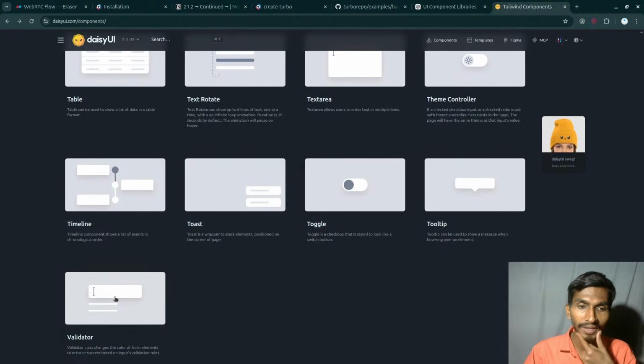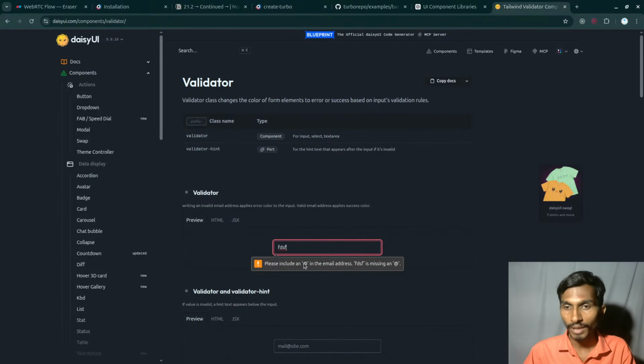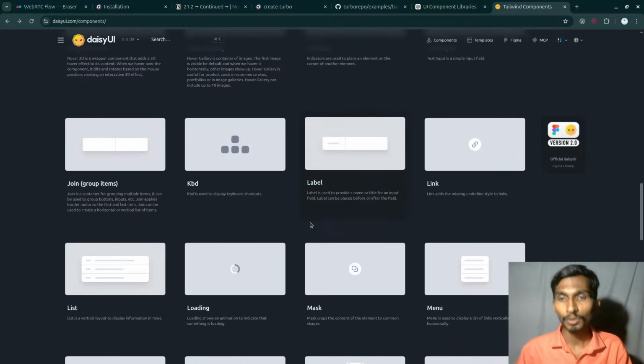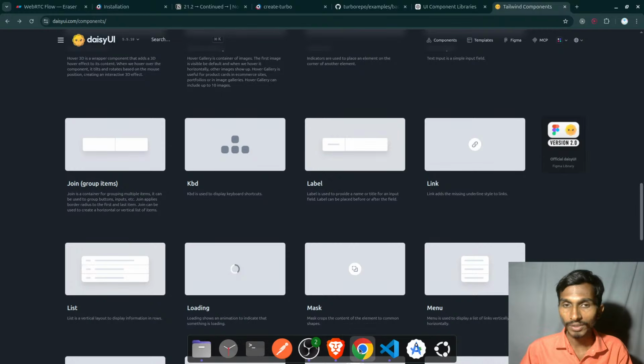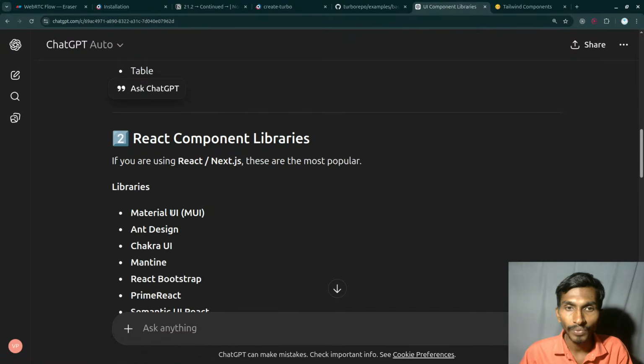And then we have validator. What does this do? Validator, oh yeah, something like this probably, let's see. So we are gonna be using, okay, overall things are clear. This DaisyUI stuff. What else? What were the other ones? So I have this DaisyUI, then